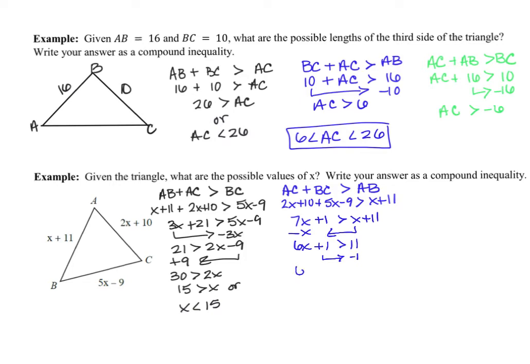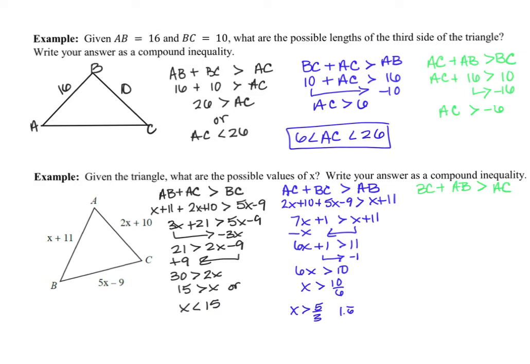Subtract that 1. That's going to give me 6x is greater than 10. Divide by 6. We get x is greater than 10 over 6. 10 over 6 will simplify to 5/3, which is approximately 1.6666 repeating. The last equation that we're going to use to solve would be BC plus AB is greater than